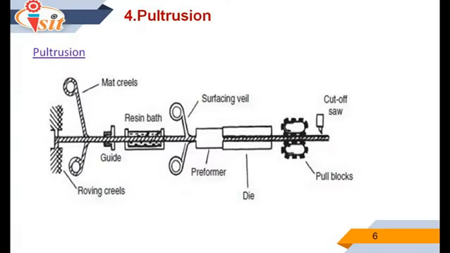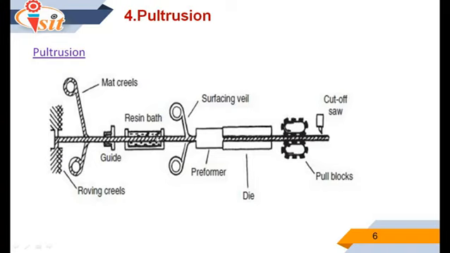Now the next part is the pultrusion process. Here you can see the schematic of the pultrusion process, and how we can use it for the manufacturing of composites. This schematic will give you a little idea of how these things are used to manufacture composite laminates. Here we are using roving creels, so the fibers come together, and then through this guide they pass through